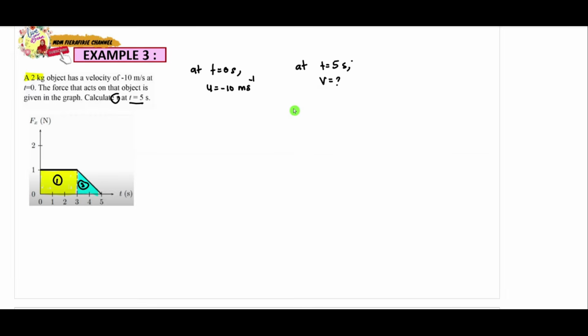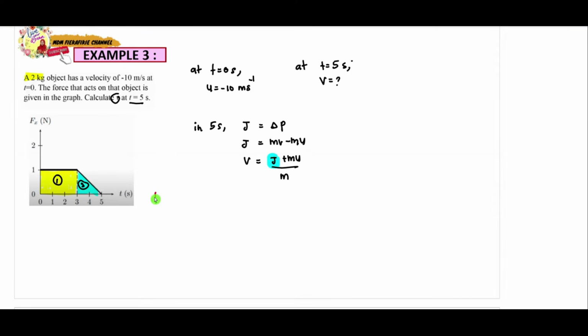Alright. So what is the final velocity? Okay. So we need to write first the relationship between impulse and the change of momentum. Since kita nak cari V, kita perlukan change of momentum. Since kita ada graph, kita perlu cari impulse. Okay? So now, in 5 seconds, the impulse of the object should be equal to delta P. So we can write that J is equal to mv minus mu. So from here, I can calculate V is equal to (J plus mu) over m. But we need to find first what is the value of impulse from the graph.